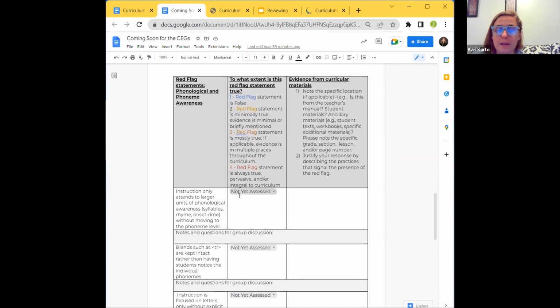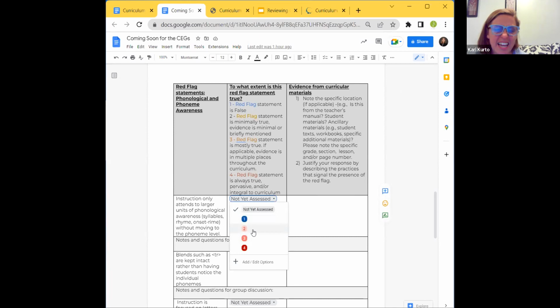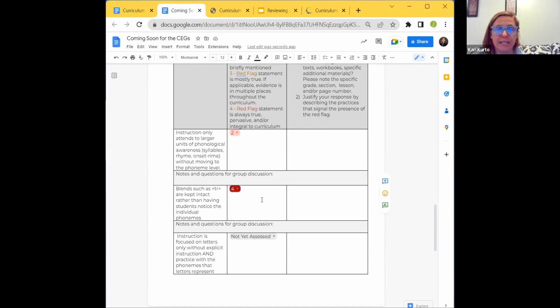But there will be some sort of component that will help you determine, instead of just a yes or a no, there will be a gradient. So perhaps there is no evidence of the red flag whatsoever. Maybe there's a little bit of evidence, right? Maybe it's mentioned once or twice, but it's something that teachers can ignore. You can acknowledge and advise teachers to ignore, right? So in that instance, it would get a little light pink, right? Or maybe this is pervasive and you're going to go for the solid red flag. And it's our hope that by having something that's color coded and on more of a gradient,